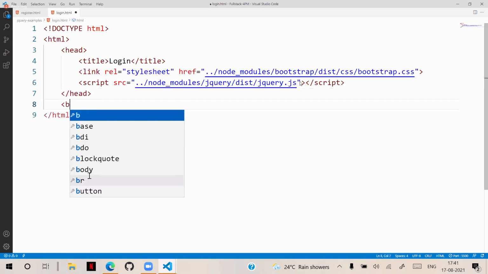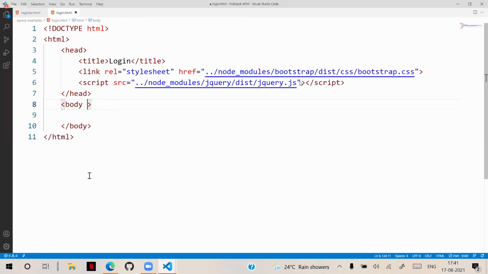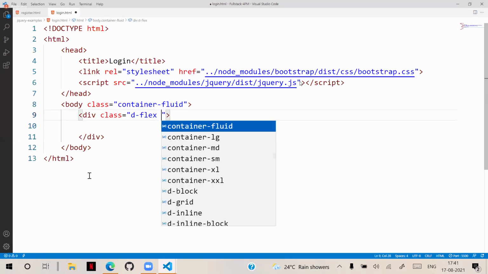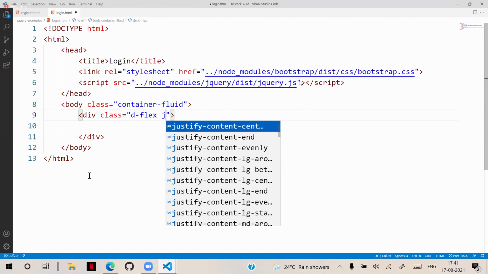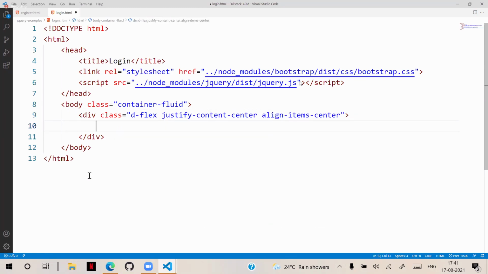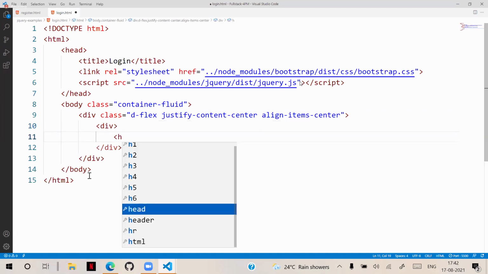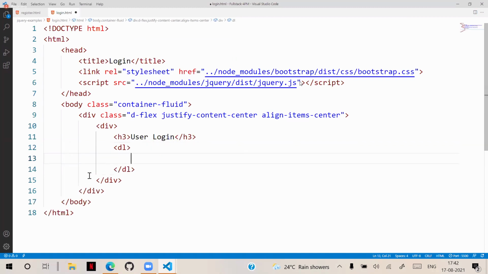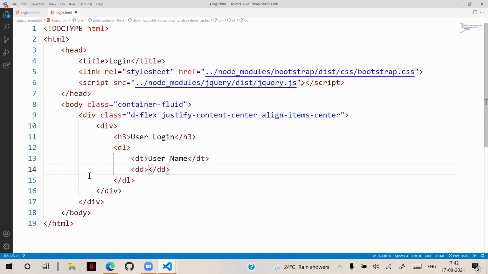And in the body section, we will create a login screen. So container-fluid and div, so class d-flex, display flex, and we have justify-content-center, align-items-center. We will create a div here, and we will keep the heading as User Login, and we will put a data list with the data term username, and here we need a text box.